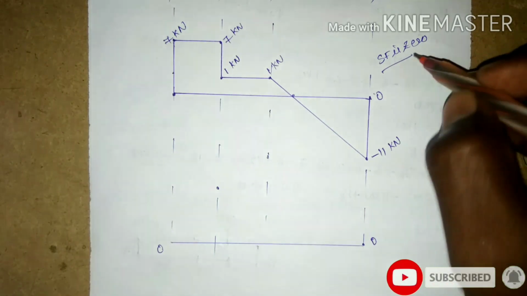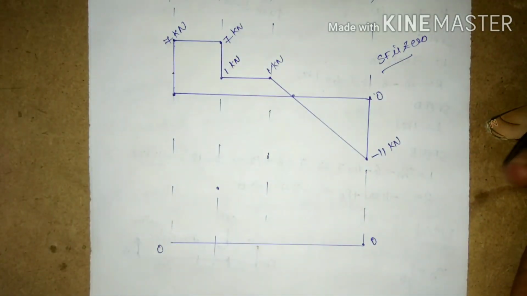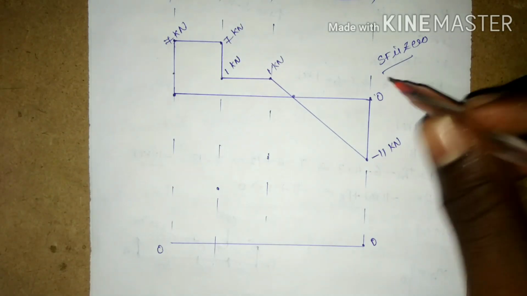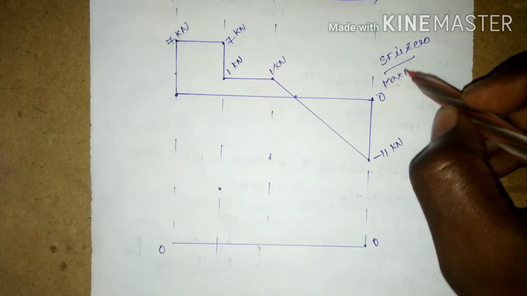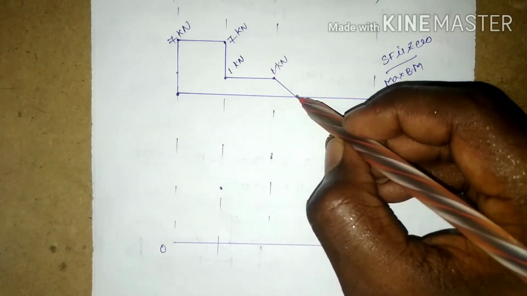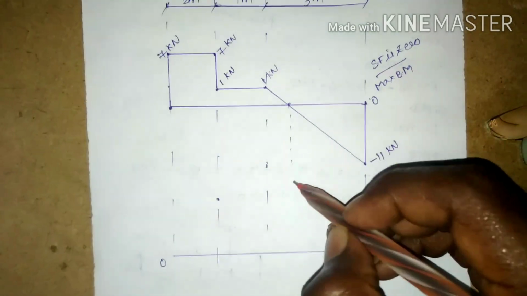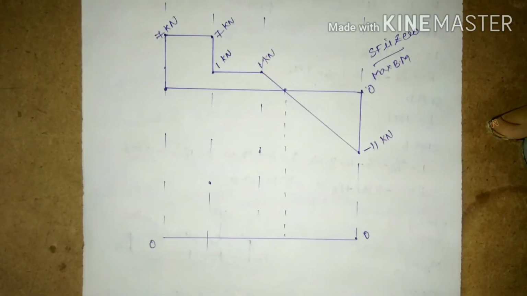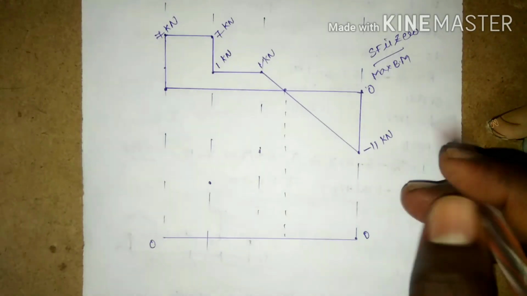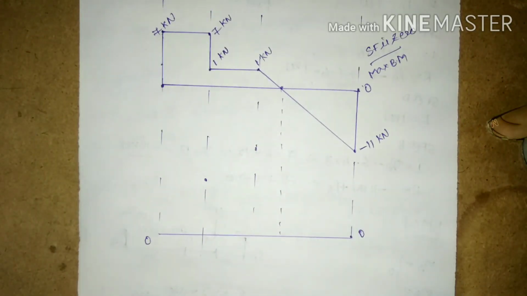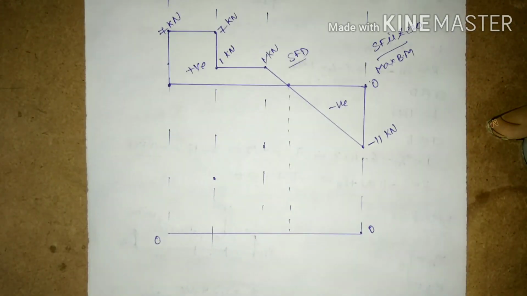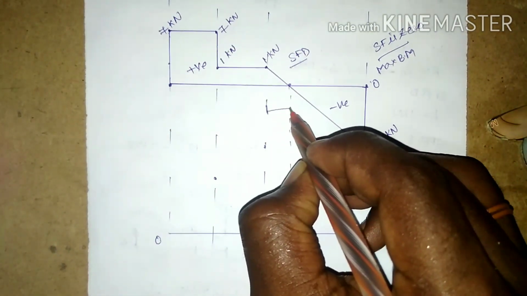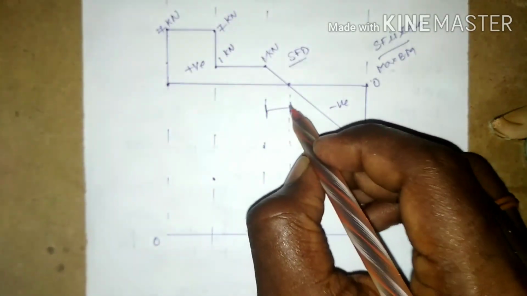at the point where it is going to be 0, then there will be a maximum bending moment. Here for this point, we are going to have a maximum bending moment that should be found out. Let us have a similar method, or let us consider that the distance from D to here, where the shear force is getting to 0, will be x,